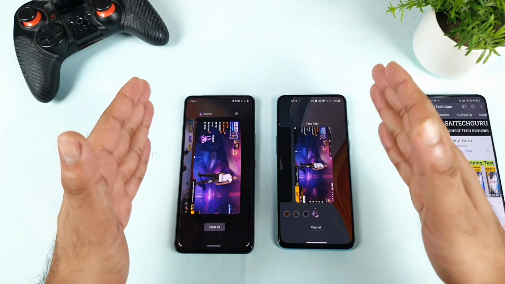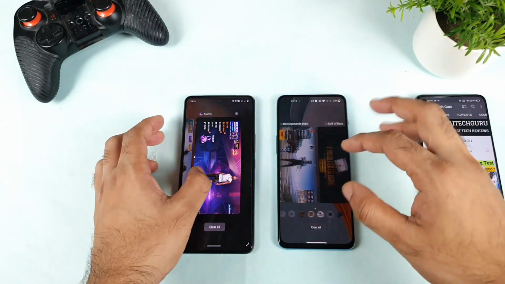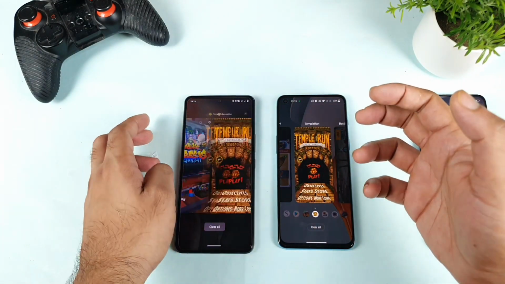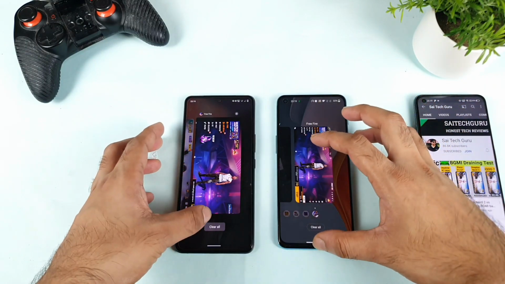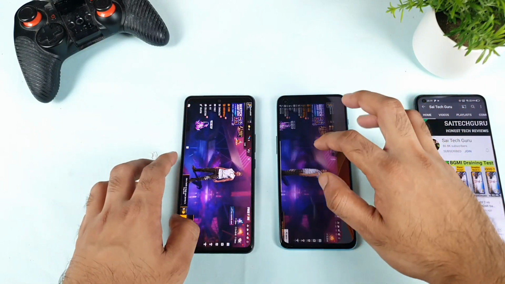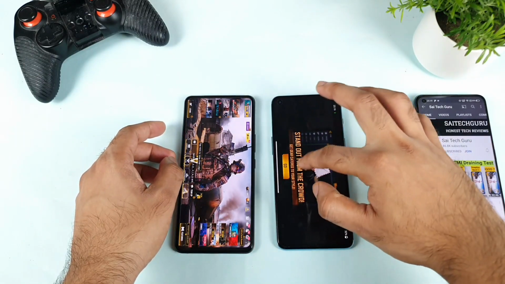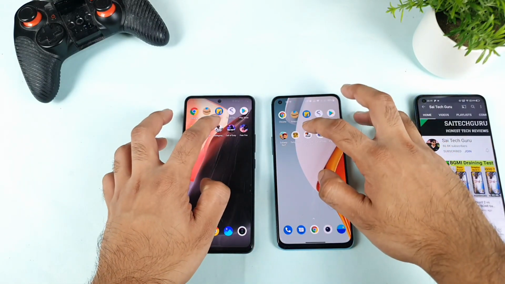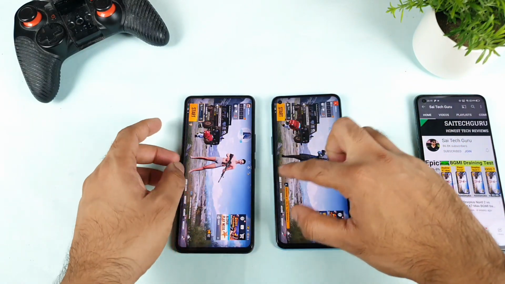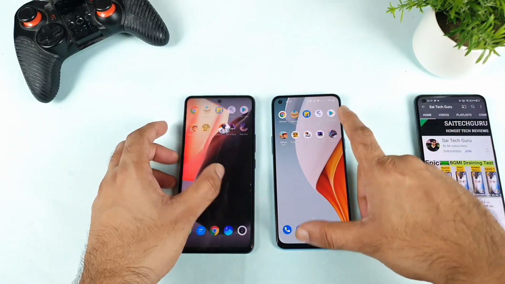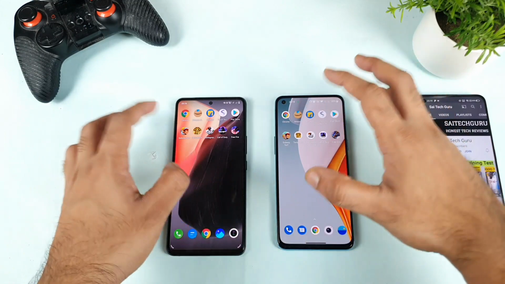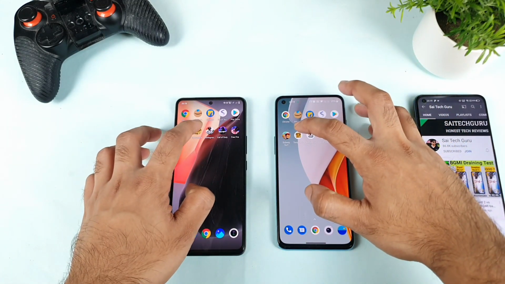Now let's see how the RAM management is going to affect things. Is there any kind of benefit for the RAM management or not? That is my main motive for doing this kind of testing. Let's start with the last application, the last Call of Duty. Overall, the 5 games should be completely fine. Both phones should be able to support the 5 games. That should not be any big issue in terms of RAM management. Next is Temple Run